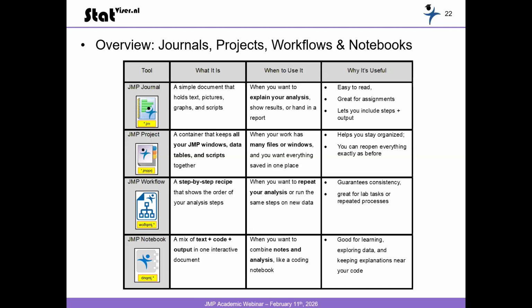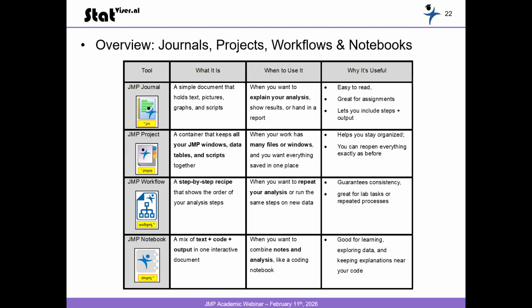Across all course levels, JMP journals and JMP projects are particularly useful also in getting students introduced to working with larger projects. JMP journals work well for assignments of students because analysis steps and results can be explained and documented in a single file. And JMP projects bundle all relevant data tables, scripts, and JMP windows from an analysis, making them useful both for sharing course material and for keeping project work organized. JMP workflows allow users to record multiple-step analyses as a recipe without the need to write all the code, which is valuable for